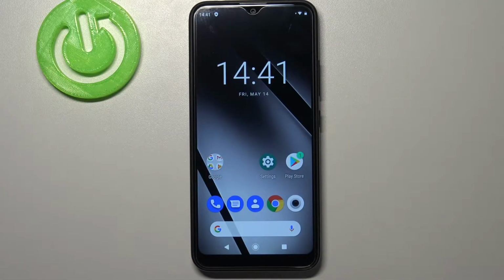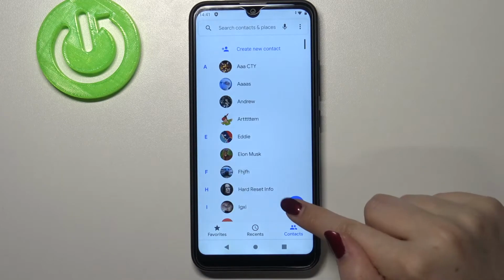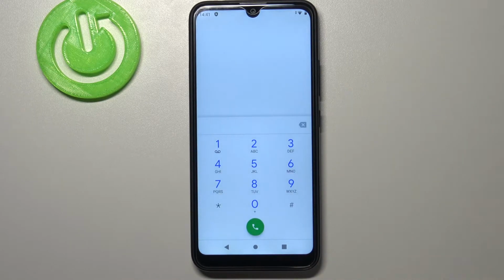Hi everyone, here we've got a GIGASET GS190 and let me share with you 4 different secret codes which you can use on your device. So first of all, let's open the dialer because this is the place where we will enter all of those codes. Let's tap on the keypad and let me show you the first code, which is the shortest one and probably the most known, and it is